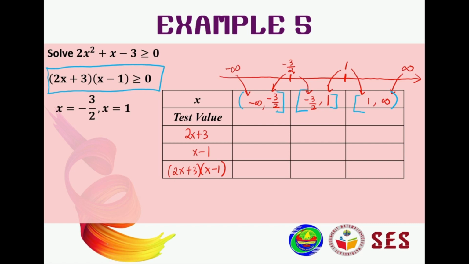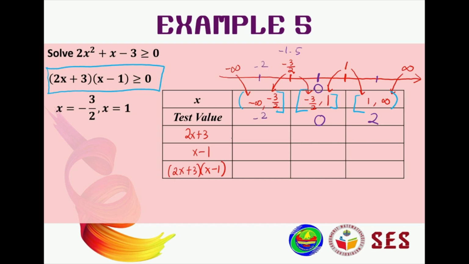What about the test value? Okay, we look at the easy part first. What is in between here? Between the negative number and the positive number, obviously a 0. So we put 0 here. What is a number after 1? Obviously it's 2. You can put 99, 95, 100, 199 if you want. And we know that negative 3 over 2 is negative 1.5. So we can put negative 2 in the test value.